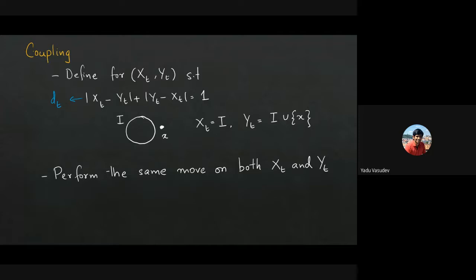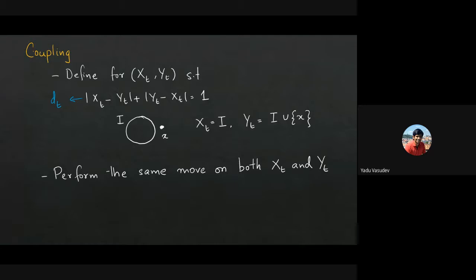Is the coupling clear? Is the setting clear? It's the same thing. There's no difference between the two steps that are done. So it is possible that when you try to do this in xt, something can change, in yt nothing may change, and so on. And that is what we want to analyze finally.